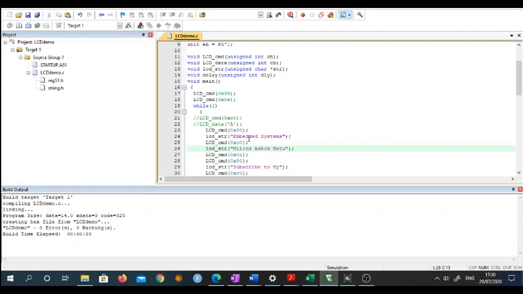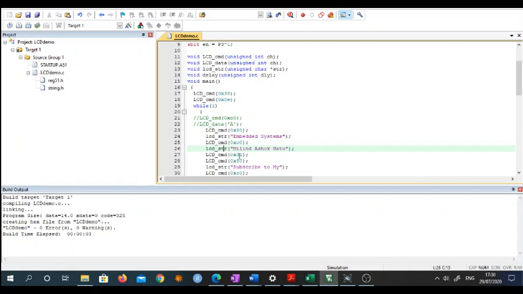Okay, so when these two lines are completed, now the display is full. Now what I want to do is I want to flash, I want to clear the display, and again display should go at the beginning of the first line, and then it should continuously go on displaying some different messages.